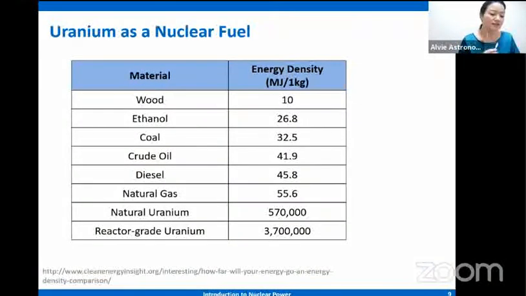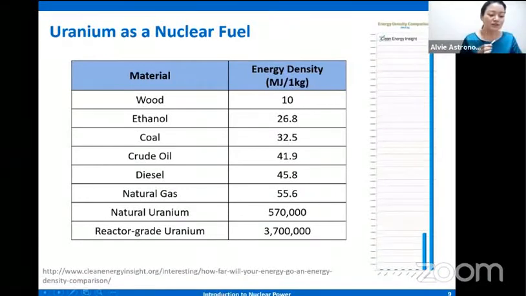If we try to plot that in a chart, you see halos hindi nakita yung mga sources. That is because all these materials here, when we try to extract the energy, what we do is burning. It's a chemical reaction. Pero ito, these are nuclear reactions, and nuclear reactions release more energy per